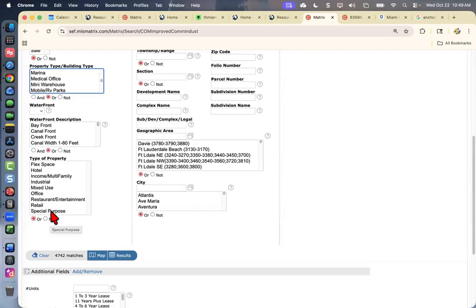Special purpose again means that there are special requirements directly through the city in order for that piece of land or property to be used. Okay, as we go down, we also have a section where we can search for mini warehouses, smaller warehouses, as well as mobile home parks and RV parks,